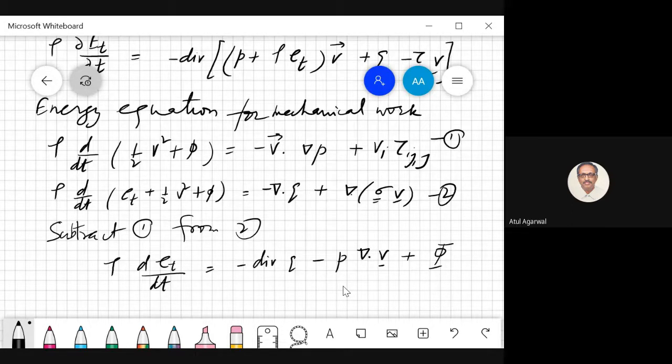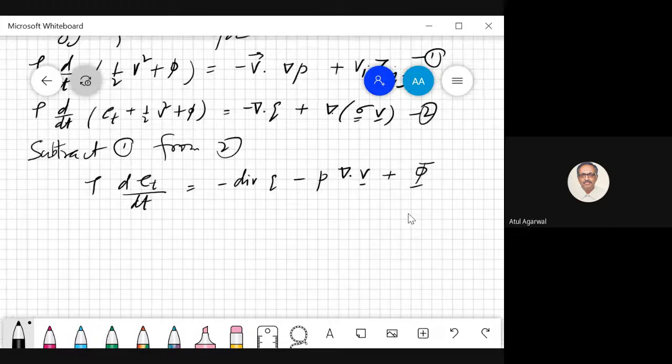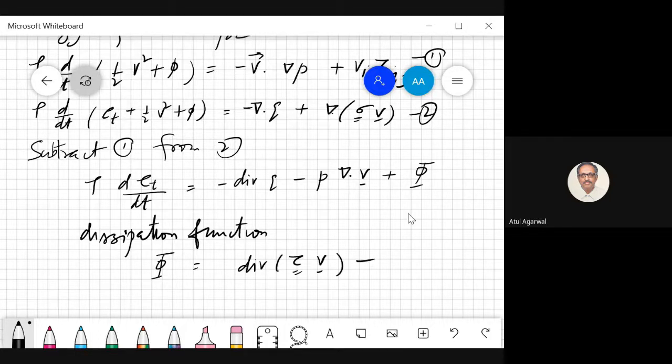And what is phi here? Phi is the dissipation function. So this is a dissipation function. If you expand it, you get 2 mu